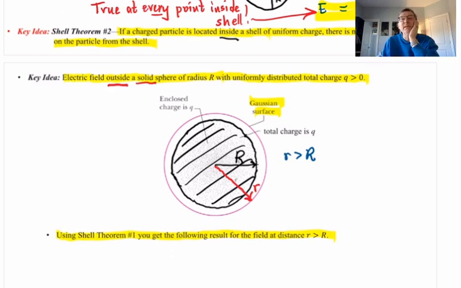So I'm going to explain to you how you can use shell theorem number 1 to do it. Remember, shell theorem number 1 says that if you have a spherical shell of a certain radius and a certain total amount of charge, and you're at an outside point from the shell, then to find the electric field at that outside point, you can just collapse the shell to a point at the shell's center with the total charge of the shell. So here's what you do. You do a thought experiment. You imagine,